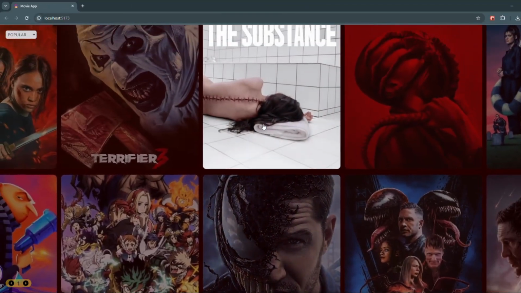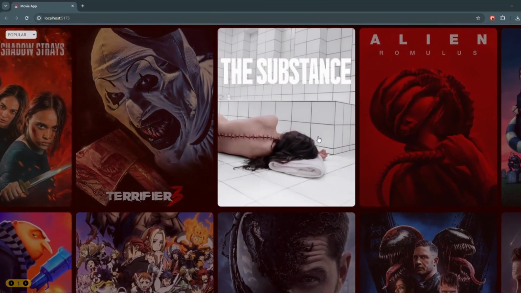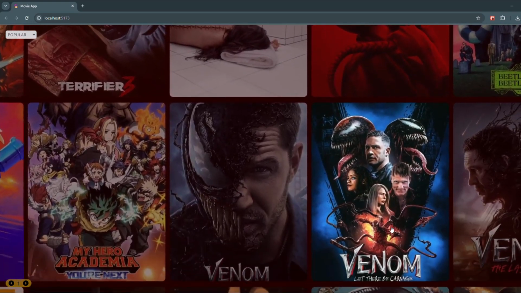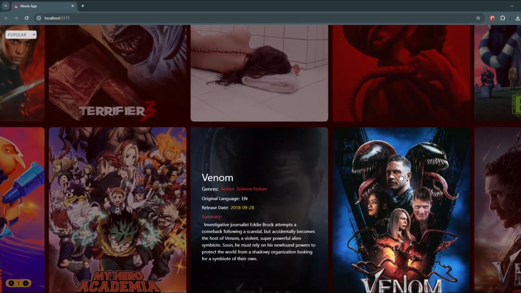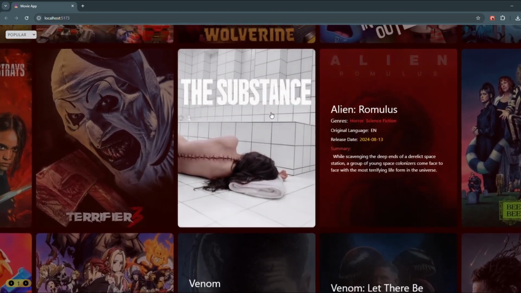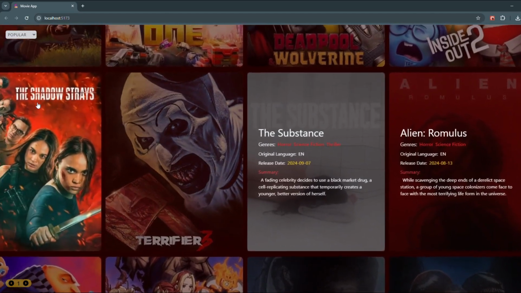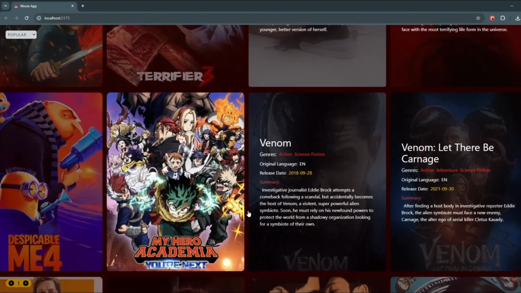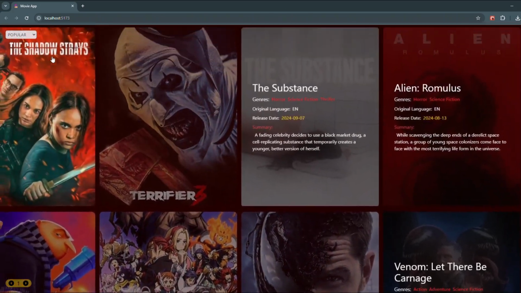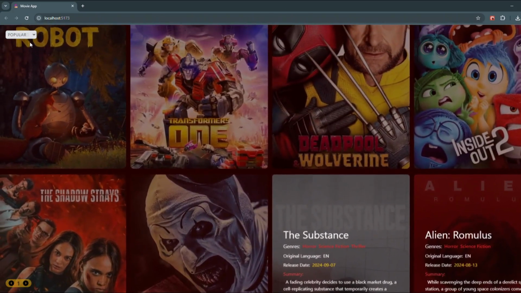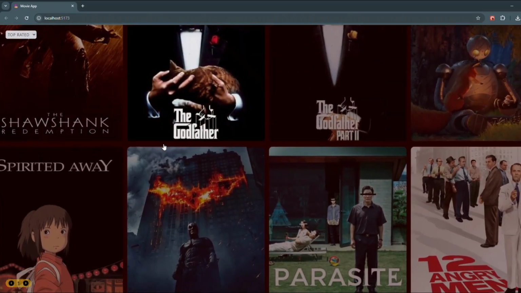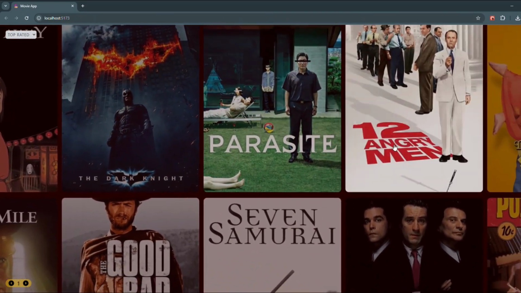This app will give you access to some of the most popular movies, top-rated films, and upcoming releases all at your fingertips. On top of that, we'll be adding smooth animations with the help of Framer Motion to create a visually appealing and interactive user experience. These animations will make our app feel modern and sleek without being over the top, just enough to make it